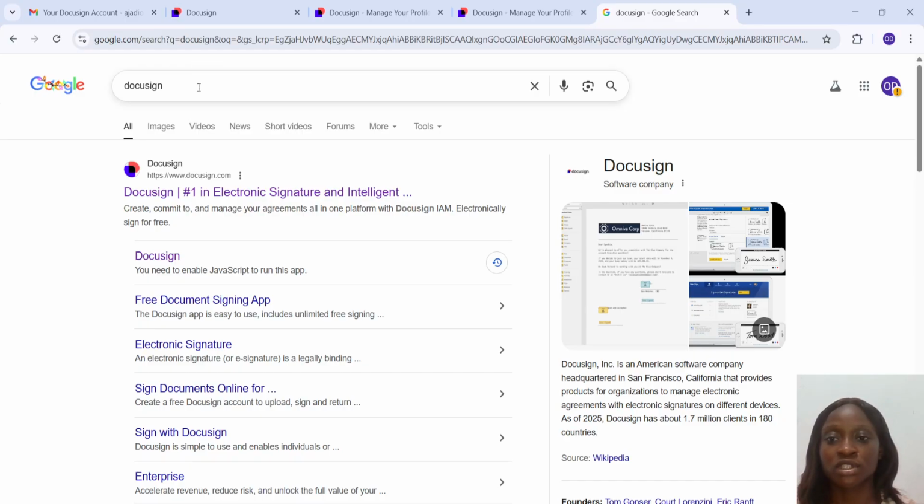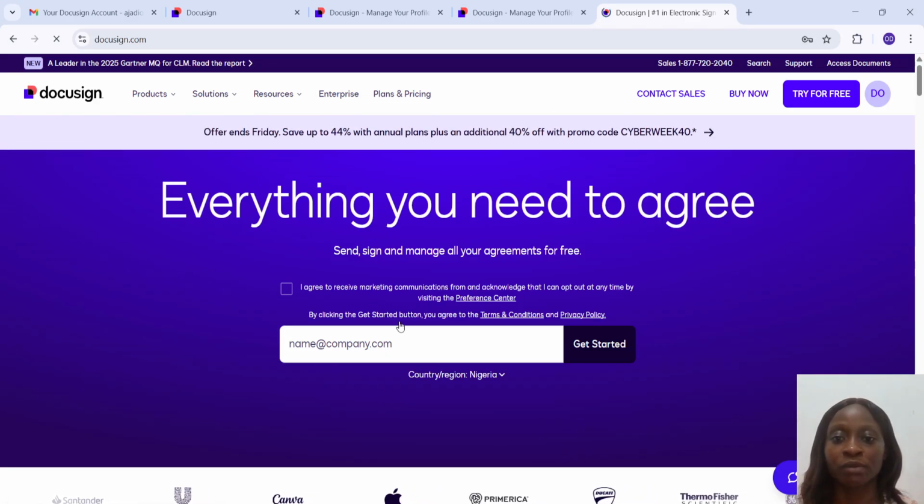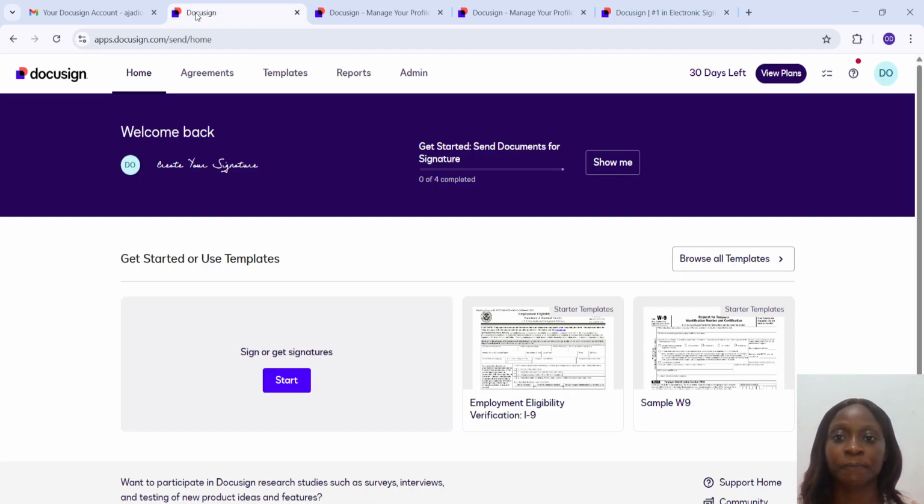Alright, it will take you to this page. What you want to do next is click on this first link and log into your Docusign page, by filling in these details if you don't already have an account, and if you do, you just fill in to get started. Alright, so we'll just head over to our Docusign page over here, and this is what